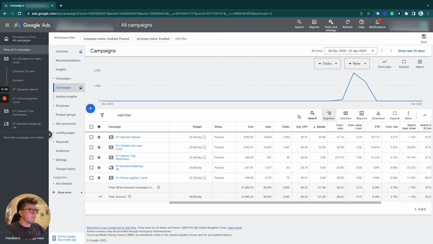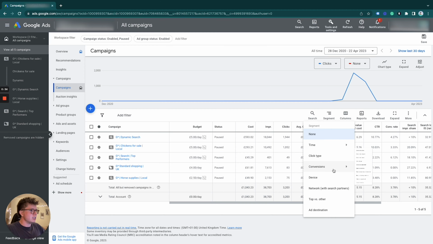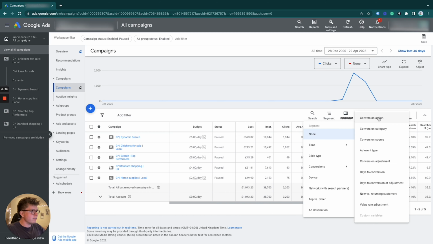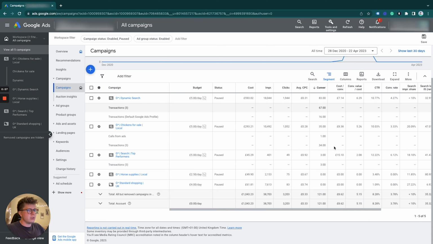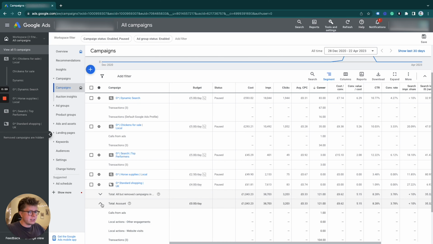So under the campaign section, you can go to this section here, which is segments, and you click under conversion and then conversion action, and you will see that the conversion action now pops up here. So I've only used transactions, and you can see call from ads as well. But if you have multiple ones, then they will all appear here. So you can see them individually for the campaign, and you can also see, if you toggle here, the total